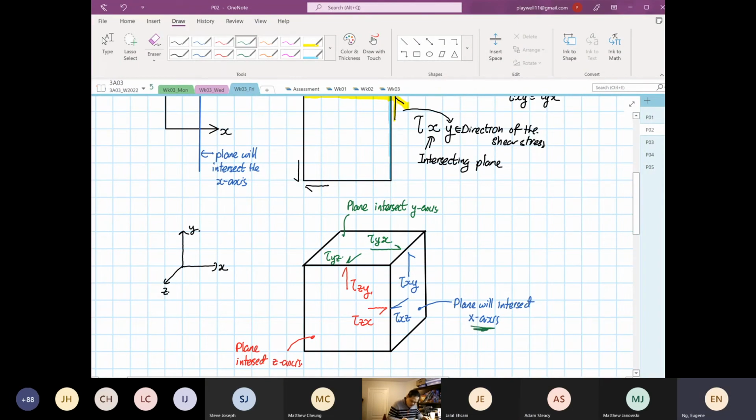So this will intersect the x plane, right? You're using x as the normal. I see. Yeah. Okay, so that's the plane it's intersecting. Thank you, sir. Okay. Right. Okay. So now,